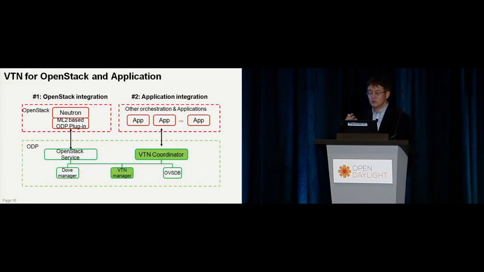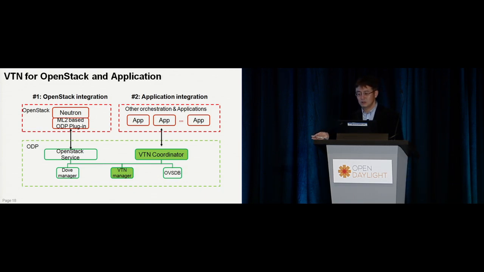Right? Then also we have integrated with OpenStack with the VTN. You can see OpenStack has a Neutron, and then an ML2-based ODL plugin is available. Then in the OpenDaylight controller, we have OpenStack common services. Under this OpenStack service, we have the VTN manager and OVSDB. This VTN manager will automatically map the OpenStack Neutron to the VTN models. So for example, the network will be mapped to the VTN, or a port will be mapped to the vBridge interface,